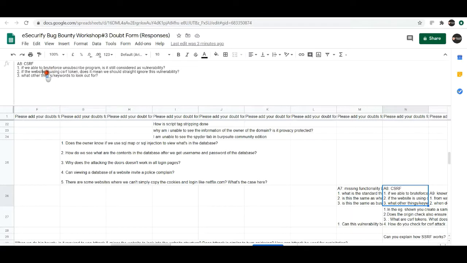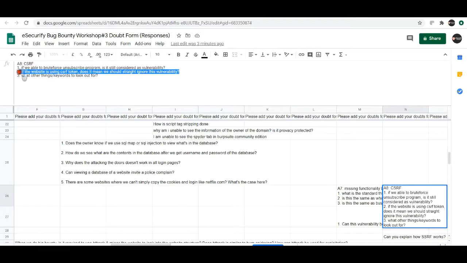If the website is using a CSRF token, does it mean we should straight away ignore it? No, it does not mean that. You should try out different bypasses. There are a couple of bypasses that you can try. Bypass number 1,